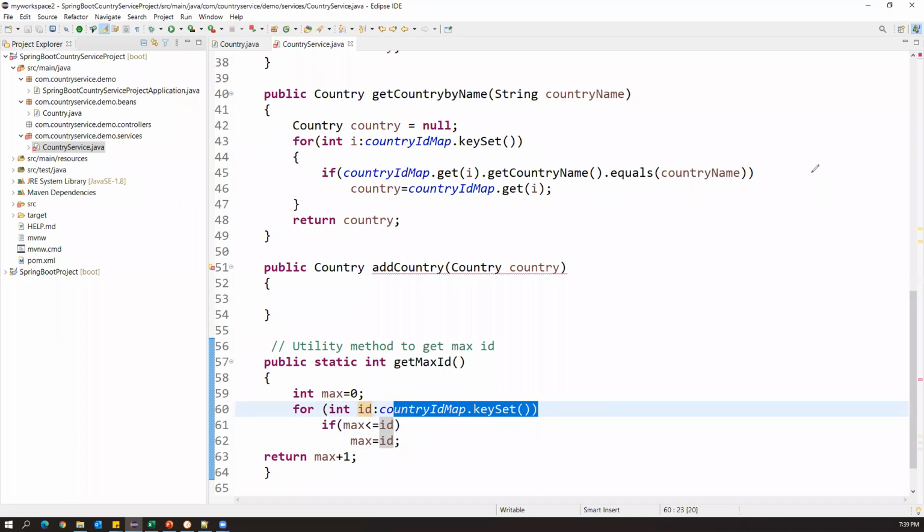So if I just look at here in the hash map, we currently have 3 records. We don't have a 4th record here, so the next ID will be 4. If I automatically generate the ID, it should be 4. But how can we generate it? Let me just see the logic.